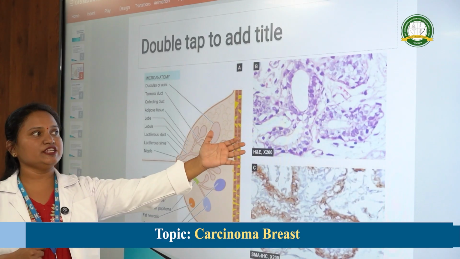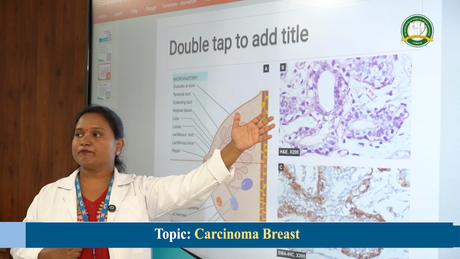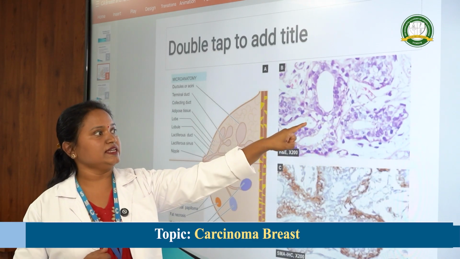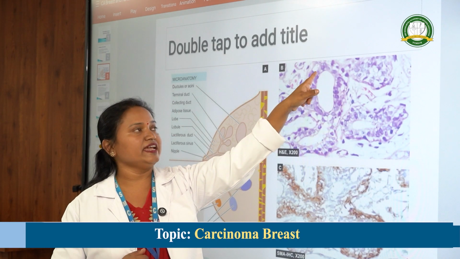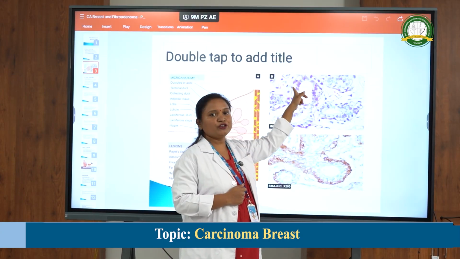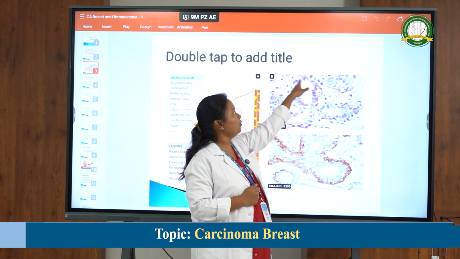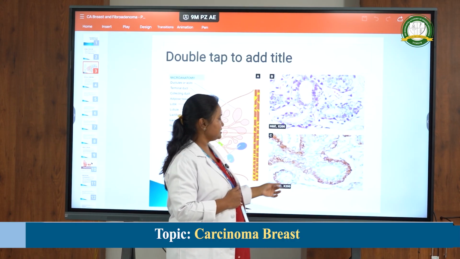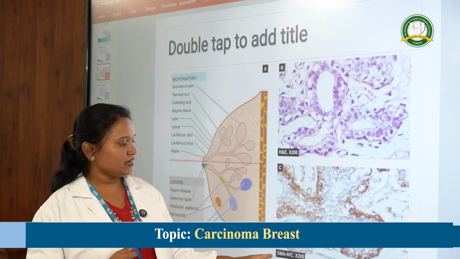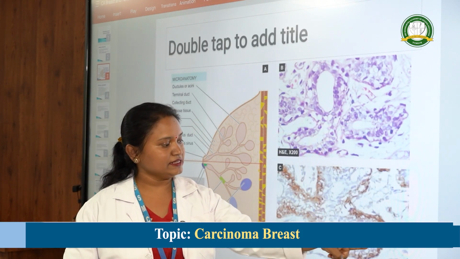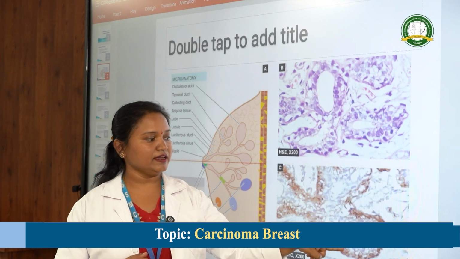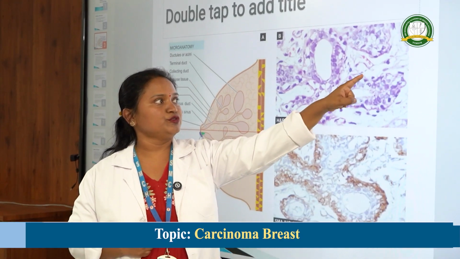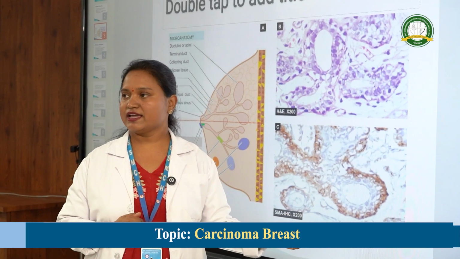Here you can see the histopathological picture of the breast. Always the breast has two lining epithelia. Here you can see the single layer. This is the inner layer, which consists of cuboidal to columnar epithelium, and the outer lining is myoepithelial cells. Here you can make out, and this is the IHC. Here you can see SMA, which is showing myoepithelial cells. So you can make out here two lining epithelia, inner cuboidal to columnar and outer myoepithelial cells. Here also it is the same. To show myoepithelial cells, I've added the IHC slide.